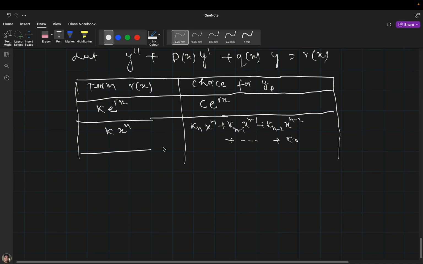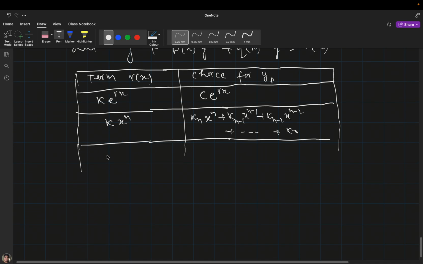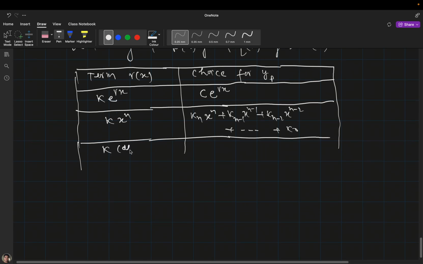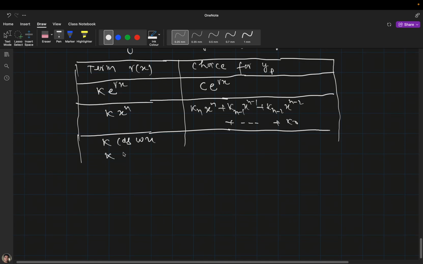Okay, and suppose you have R(x) something like this, or like this. In both cases we can assume, this is a capital K, this is a small k, okay? So we will assume y_p is something like this, k plus m